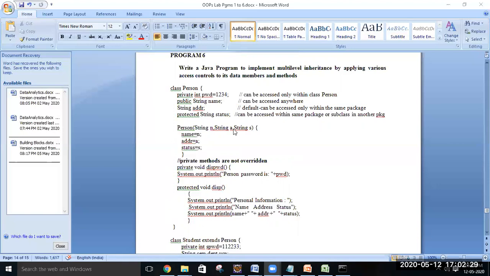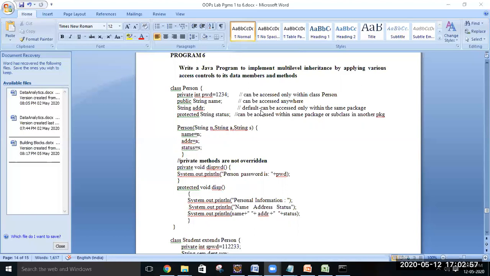This comes under a concept called package, which we will learn in upcoming sessions. As far as the syllabus goes, we are not learning packages at this level. When you learn packages, we will understand how we can categorize classes into a single package. The concept of default comes into the picture when you are dealing with packages.